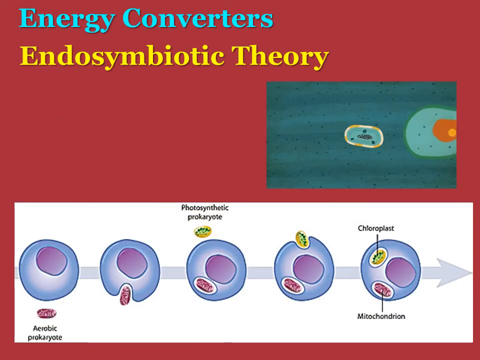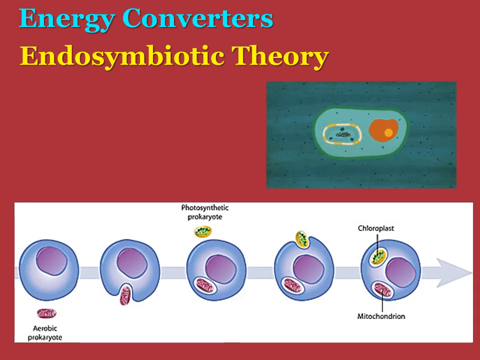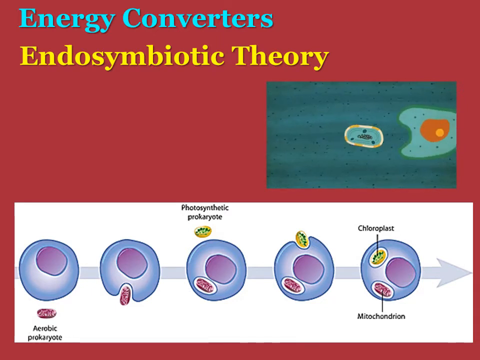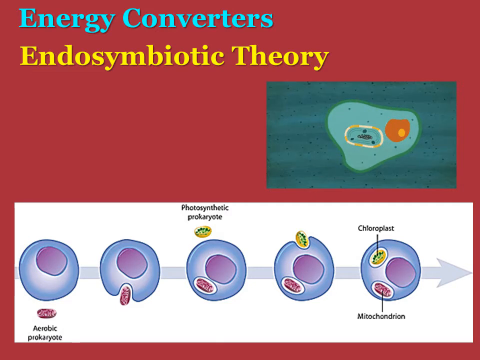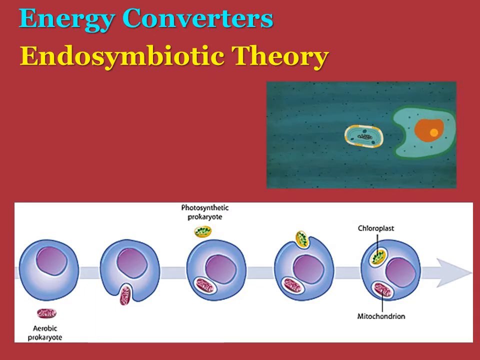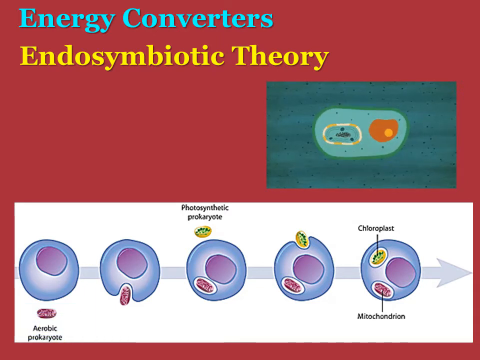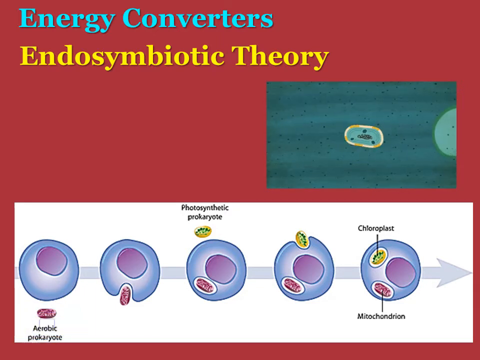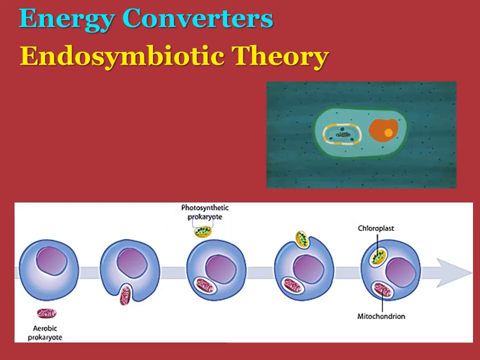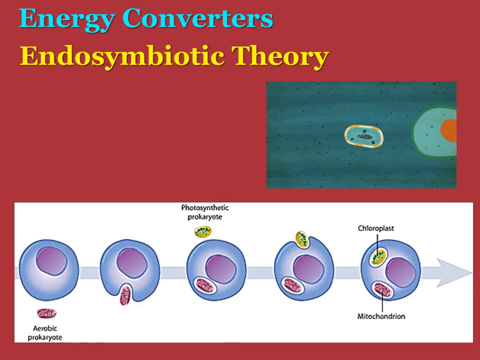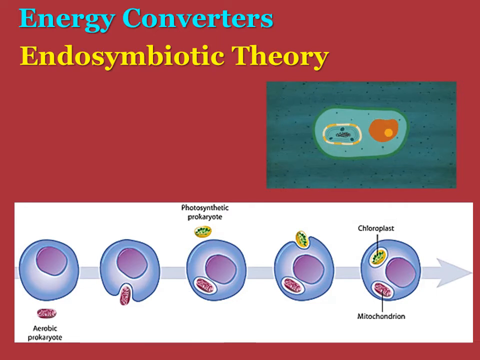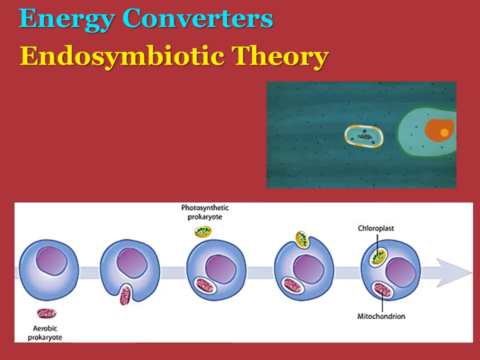Aside from being both energy converters, chloroplasts and mitochondria are involved in the endosymbiotic theory. According to this theory, the mitochondrion and the chloroplast were once free living cells. The mitochondrion was an aerobic prokaryote, while the chloroplast was a photosynthetic bacteria. Both prokaryotes encountered a larger cell, but rather than being digested by or killing the host cell, these prokaryotes survived